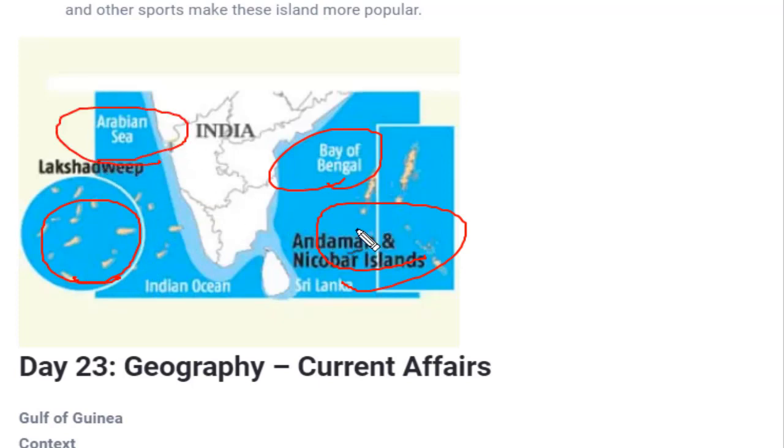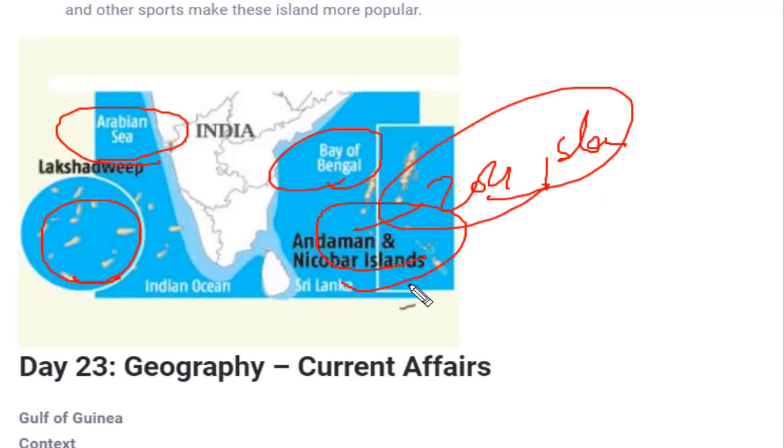Andaman and Nicobar consists of 204 islands. So a huge number of islands are there in Andaman and Nicobar, whereas Lakshadweep consists of only 43 islands. It's very less in number. And what is important to see over here? This Lakshadweep Island lies near the Malabar coast. We have seen three coasts on the western side. So Lakshadweep lies near the Malabar coast, and the formation of Lakshadweep is due to the